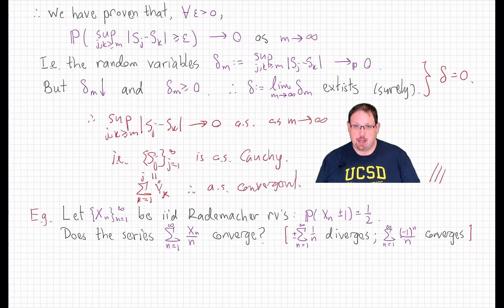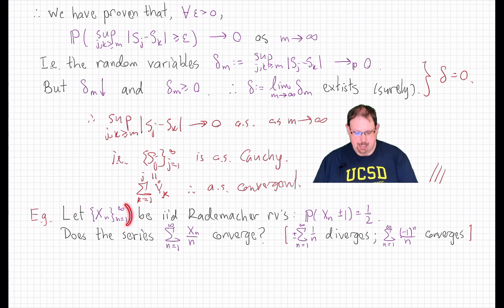Remember that the sum of 1 over n is a divergent series. Similarly, minus the sum of 1 over n diverges to minus infinity. But if I put some 1's and minus 1's together inside, for example, alternating, then we get a convergent series that converges to plus or minus the logarithm of 2, depending where we started that series. So what if we put some pluses and minuses in front of those 1 over n's randomly?